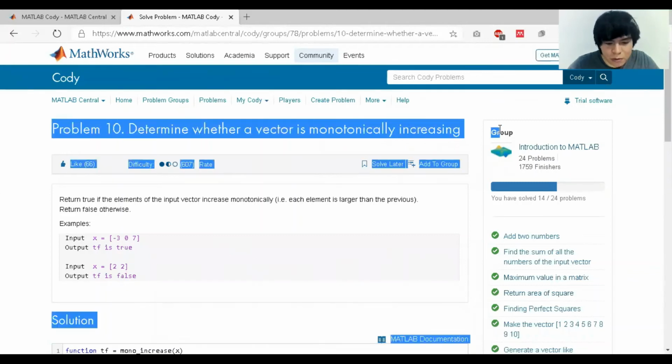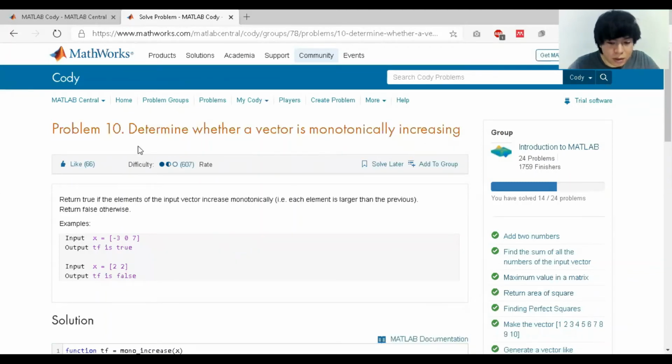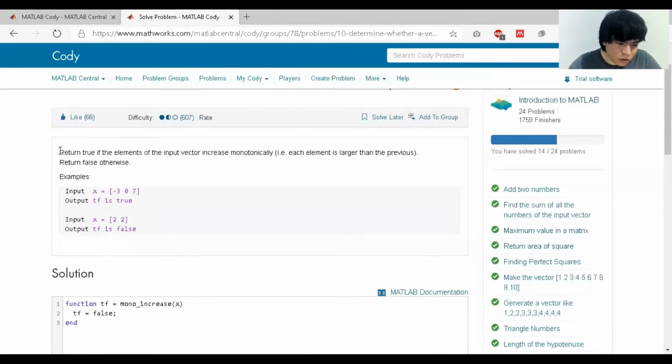We're going to make another problem here. So problem number 10, determine whether a vector is monotonically increasing. The statement is return true if the elements of the input vector increase monotonically. So each element is larger than the previous. Return false otherwise. And they are giving us two examples where one is working because the numbers keep increasing as